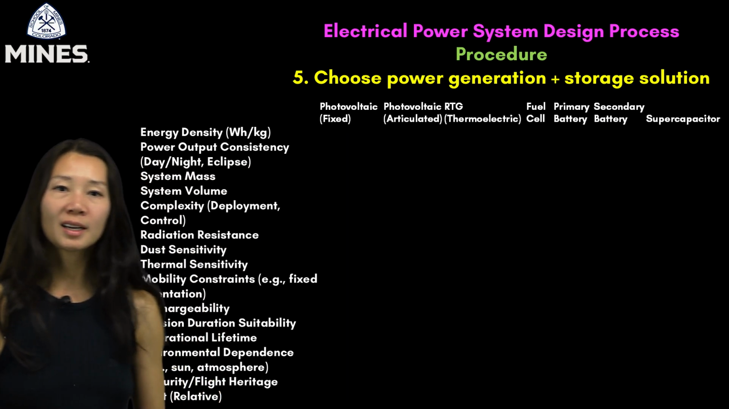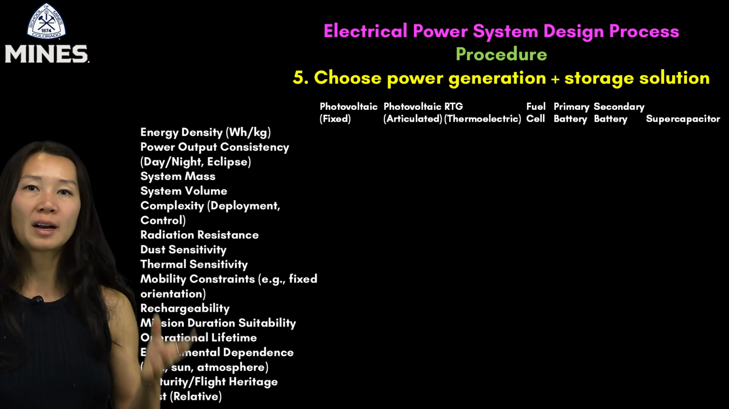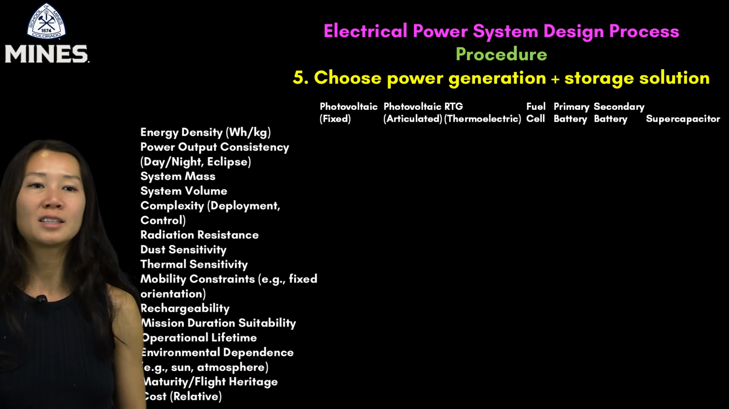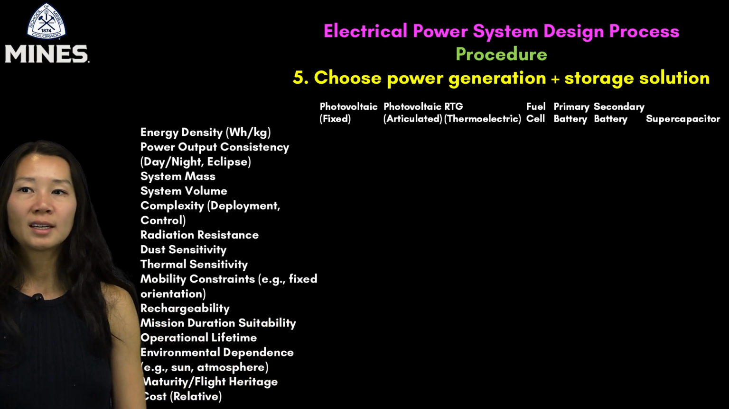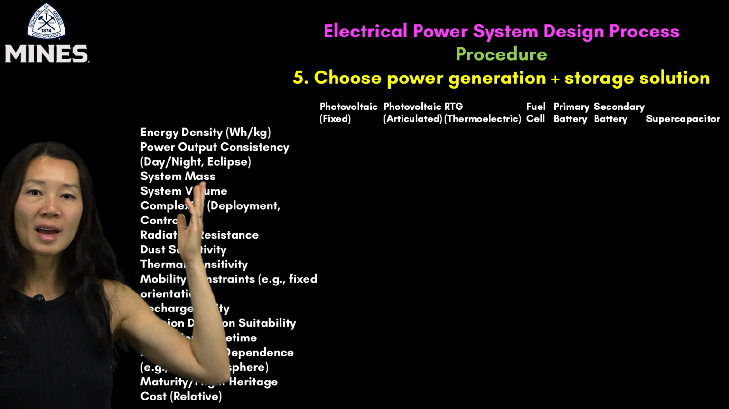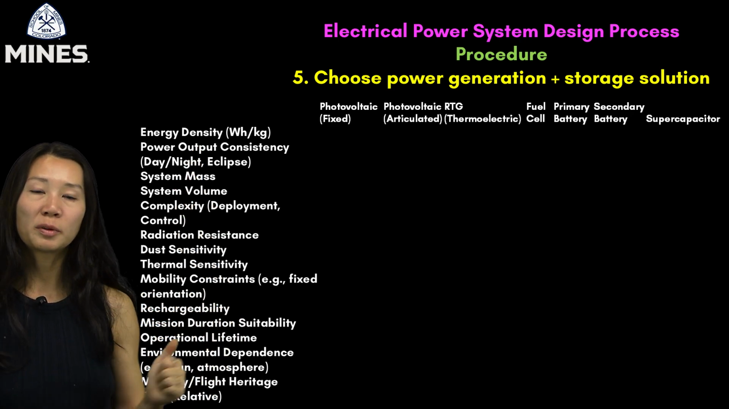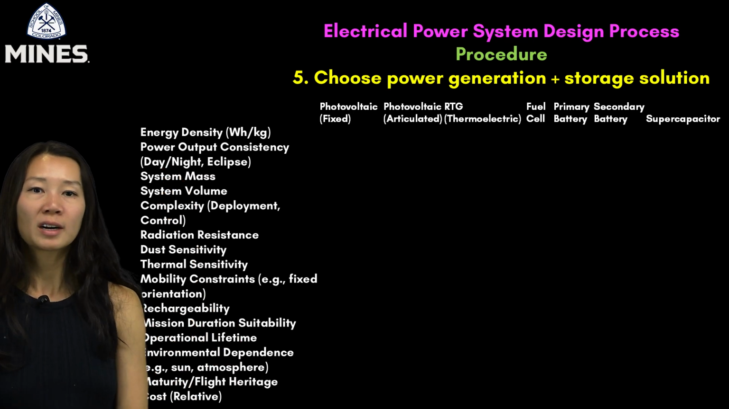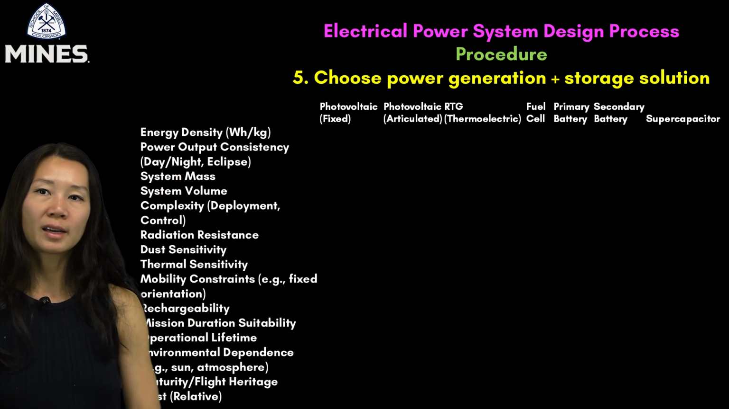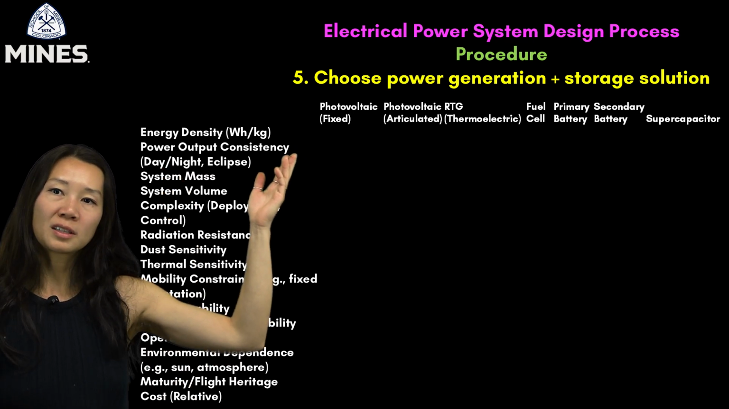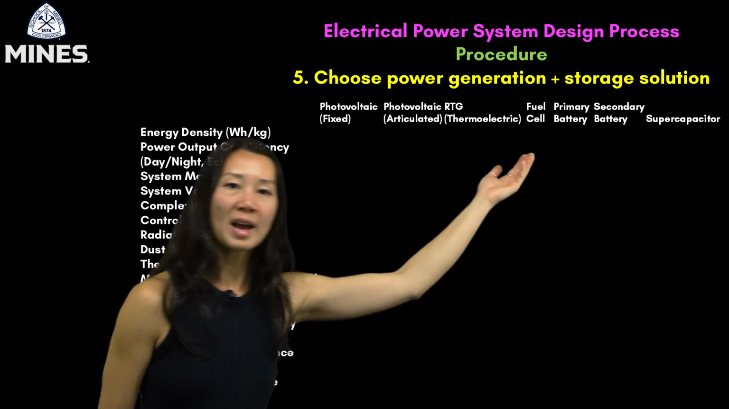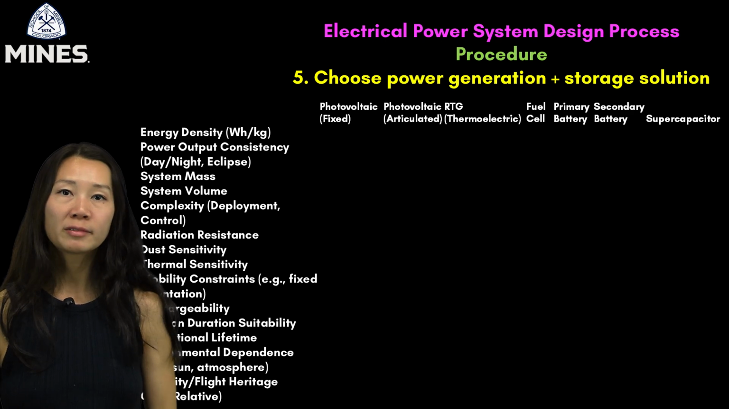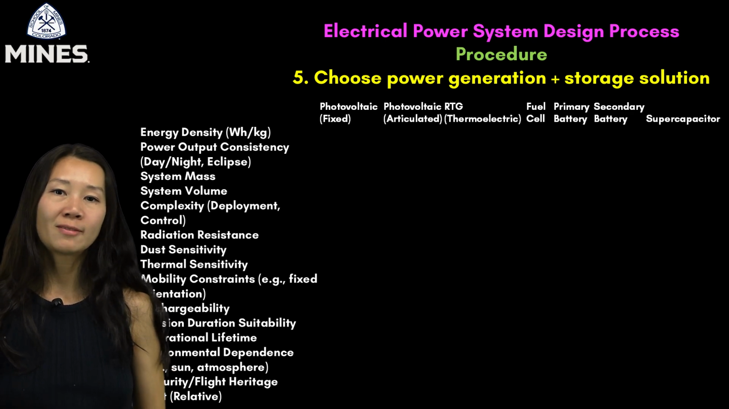With our peak and average demands known, now we evaluate technologies that can meet those demands. This is a decision matrix with common criteria, such as energy density, mass, thermal radiation resistance, mobility constraints, and more. You can use a subset or all of these different criteria to compare options like solar panels, fixed or articulated, RTGs, batteries, and supercapacitors. Or if you want to go with a specific type of technology, compare against specific manufacturing